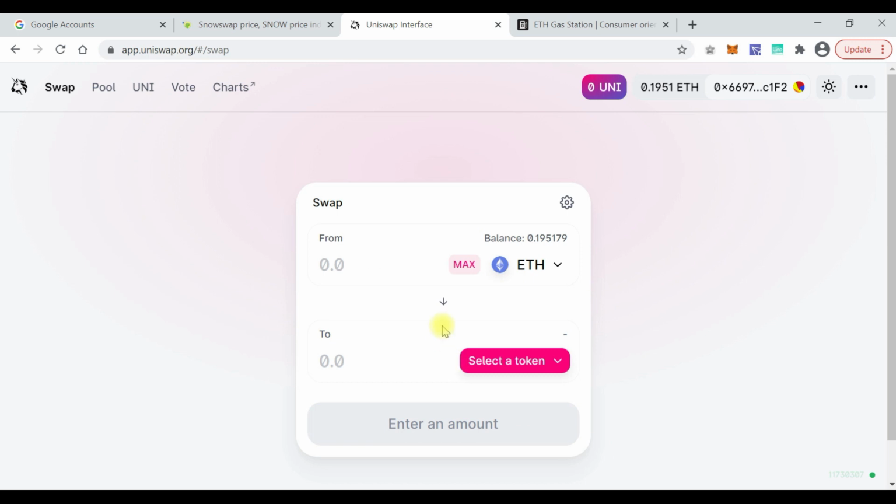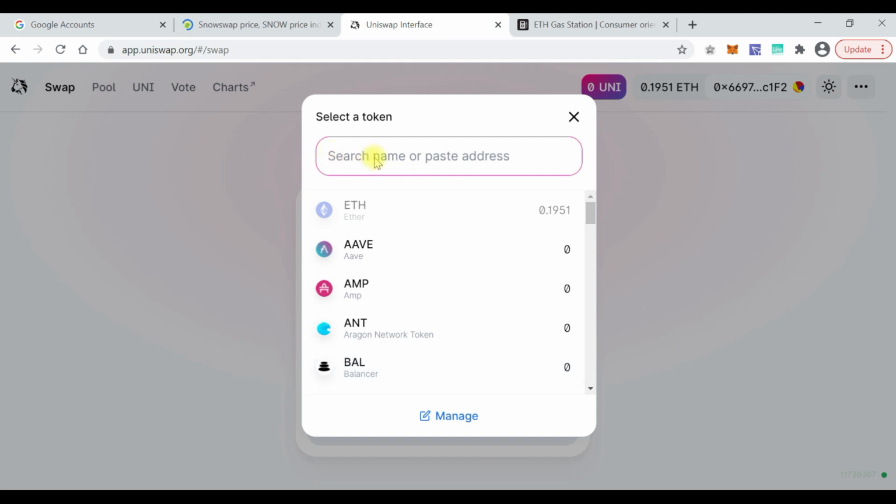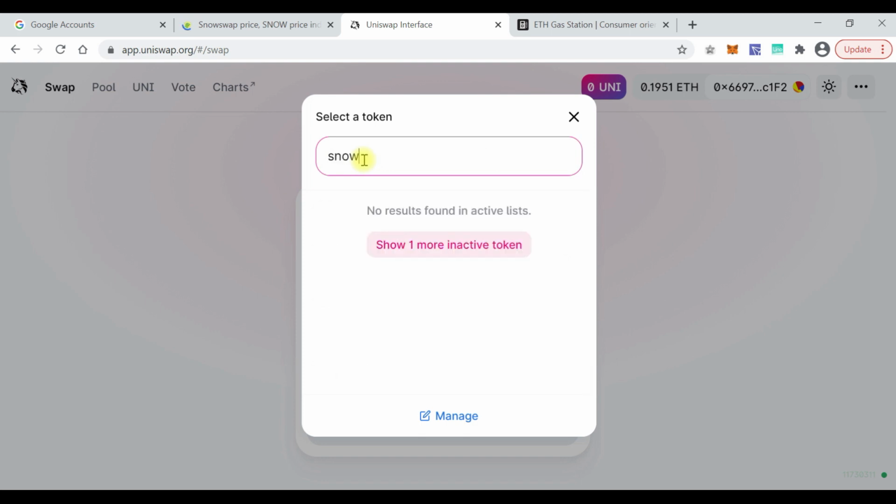So this is Uniswap. I come here and select token. I can search by name or paste an address. So I can search for Snow. It says no result found. This is because